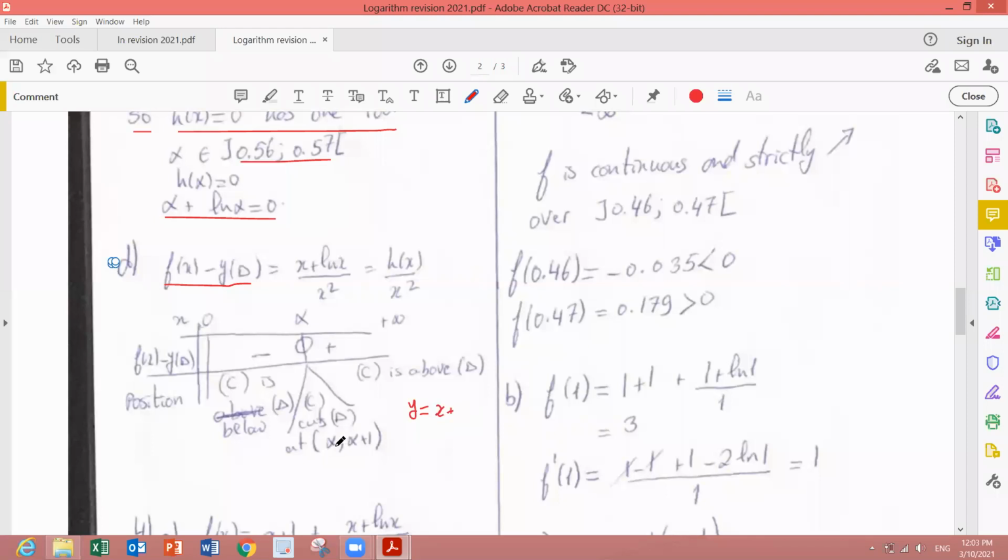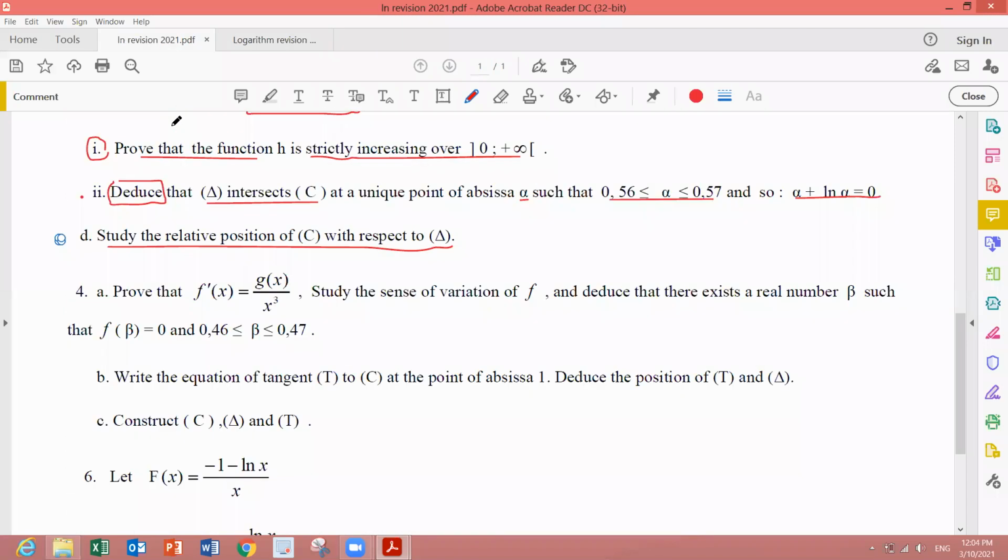So position is determined by the sign of f(x) minus y delta. 4. Prove that f prime x